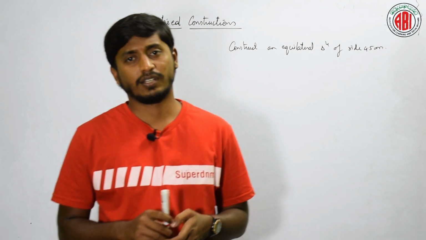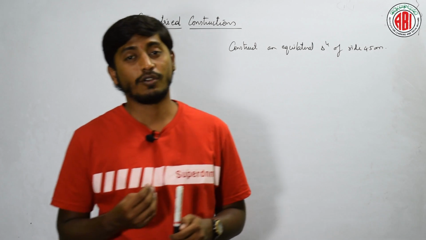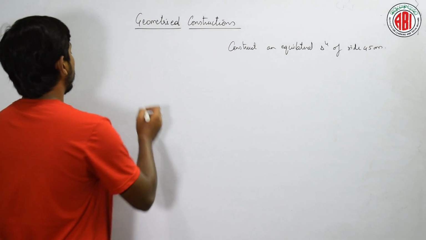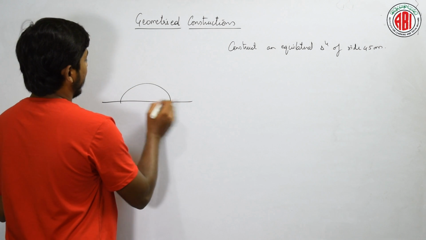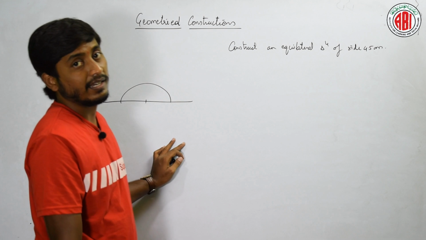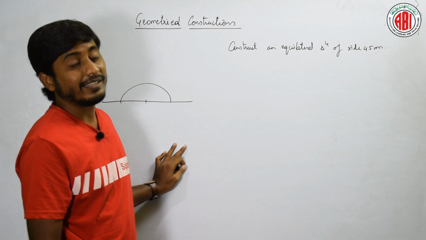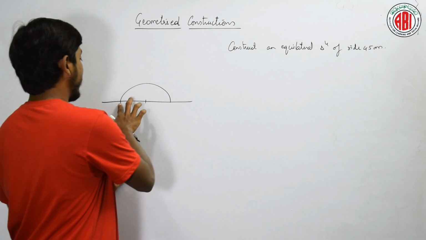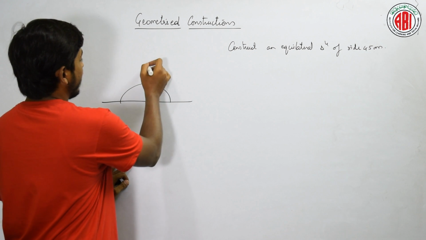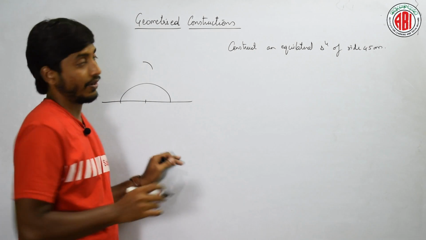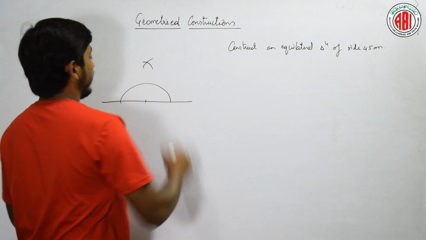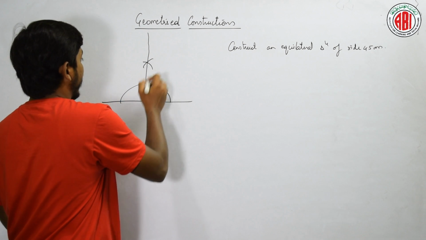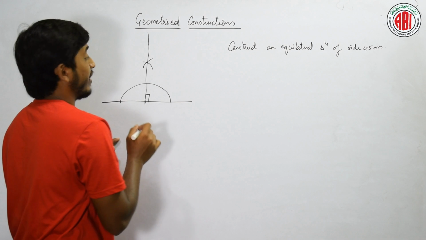Before going into the questions, let us revise how do we construct simple angles. You all know that a straight angle is 180 degrees, isn't it? Then how do we construct 90? We construct an angular bisector: with this point as center and more than half as radius, we will draw an arc like this. Again from here more than half. Then if I join these both, I will get a perpendicular bisector,